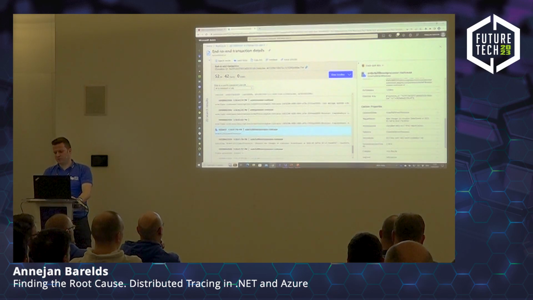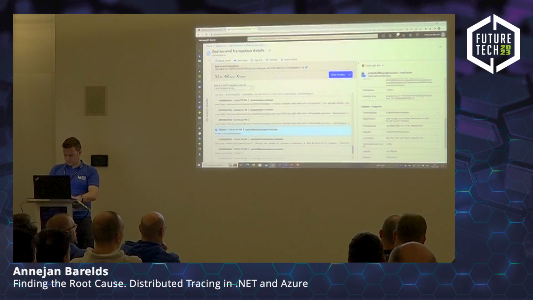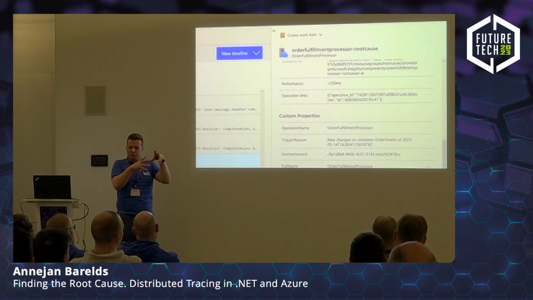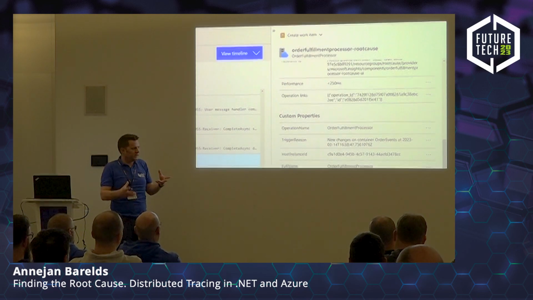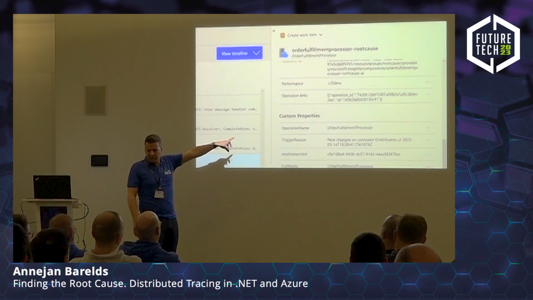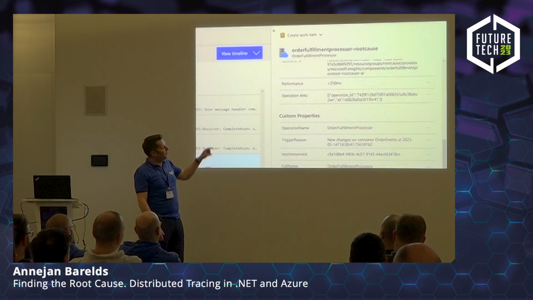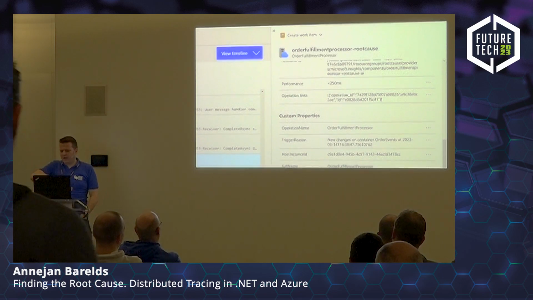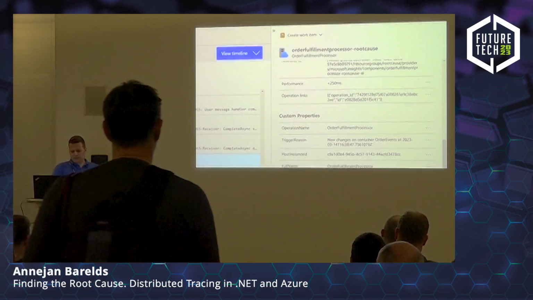There it is, operation links. It's actually giving it a proper name when it's surfacing right here, but if you just query the raw data in the requests table, it's the _ms.links, which is again the array of an operation ID and an ID.